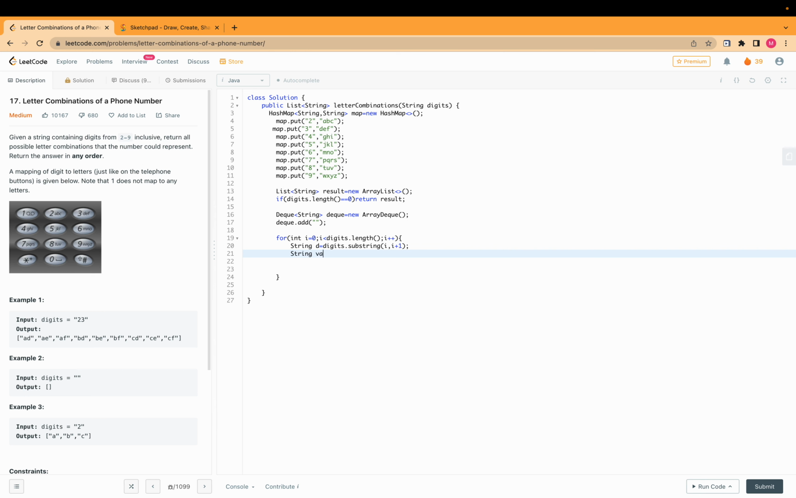Or we can give this what they are mapped with. Let's give it value map dot get, like 2 is mapped with ABC, so it's going to give us ABC, and then this is our dq size. Our dq is not empty, it has the length 1 because we have added this empty element. Okay, so what will happen,